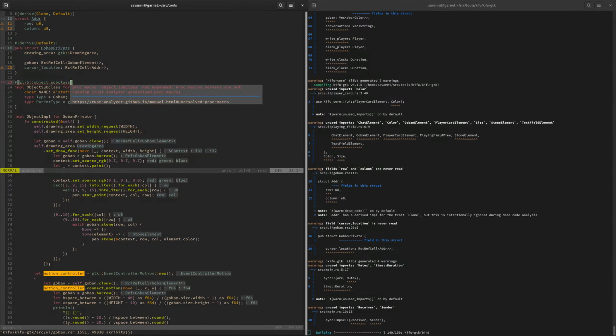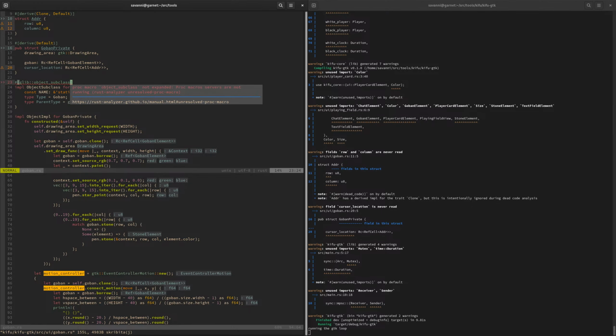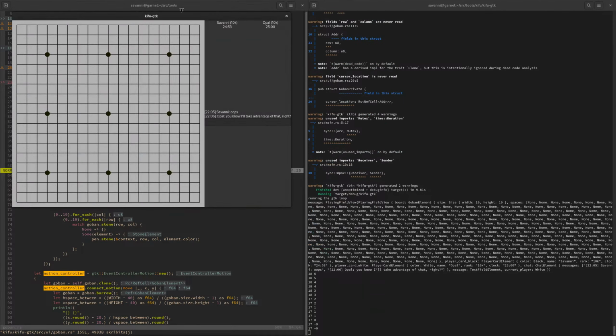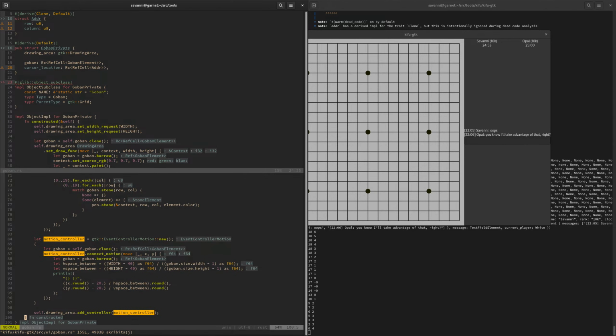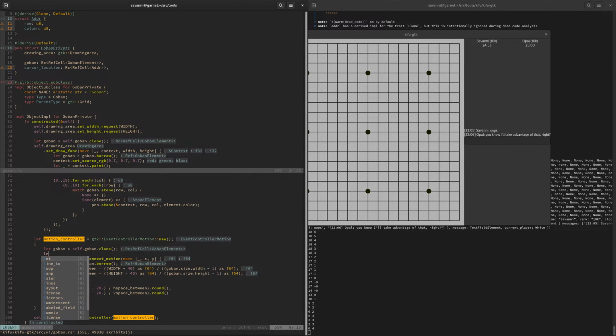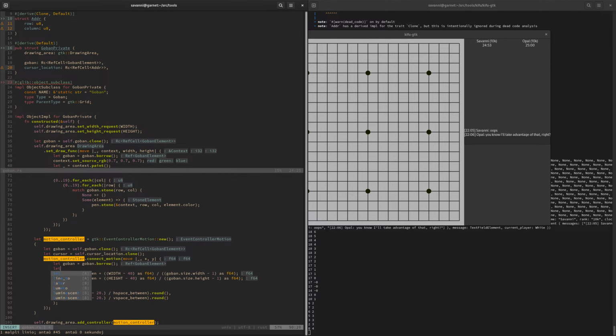And my proc macros are misbehaving again. That's weird. I thought I changed that parameter. Okay. Great. Now set that aside. We're going to next let cursor equal self.cursor_location.clone, and then in here let cursor equal cursor.borrow_mut, actually,